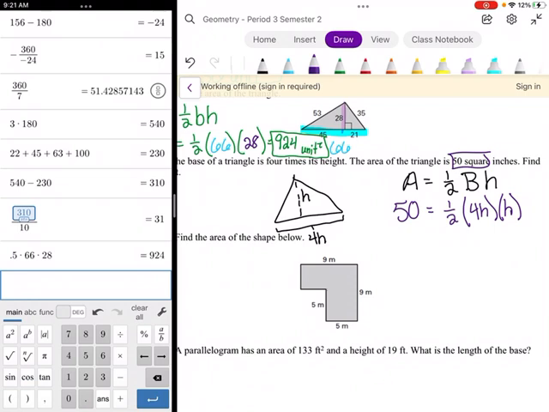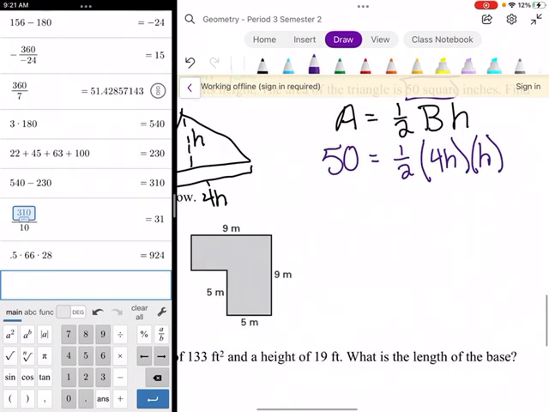Now we can start simplifying. So on the right side, we're going to start by multiplying all of this together. When you do that, you're going to multiply the number values. So 1/2 of 4, which is 2. And then you're going to multiply the variables, h times h, which would be h squared. Then we need to isolate the variable, so we'll divide both sides by 2, which will give us 25 equals